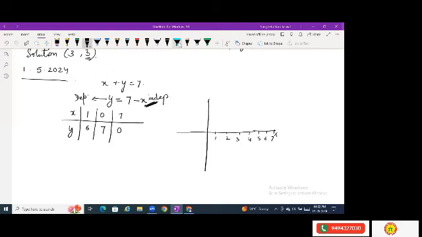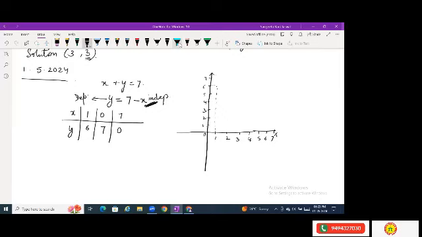And on this side also I'll take the points starting from 0. This is 1. My highest point here in y is 7. So I'll take 1, 2, 3, 4, 5, 6, 7. So these are 7 points here. Now my first point is (1, 6). That means when my x is 1, my y is 6. So here, this is the point.